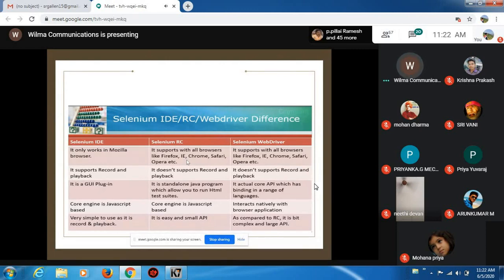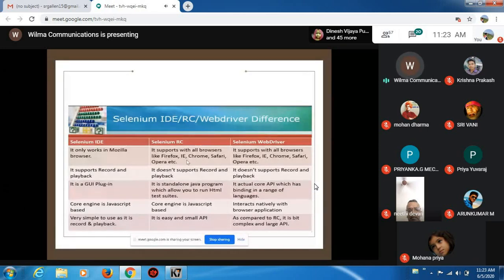That means we have to write our code manually and execute it, whereas in Selenium IDE we don't need to write any code. So in Selenium, everything is an HTTP communication. I think you may be aware of it. It is like giving the input and getting the output. If you remember, yesterday we discussed testing frameworks called keyword framework and table framework. That is similar to Selenium IDE, where we cannot write any code, and everything is an HTTP communication.